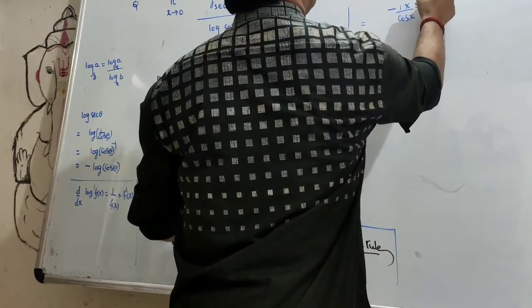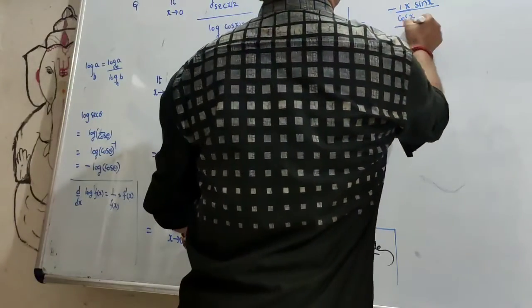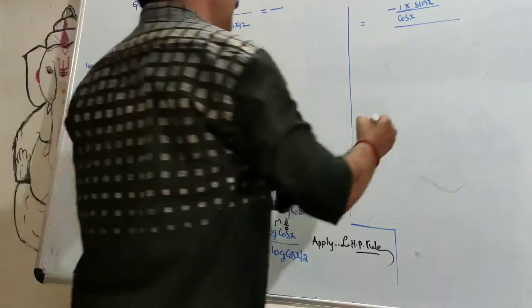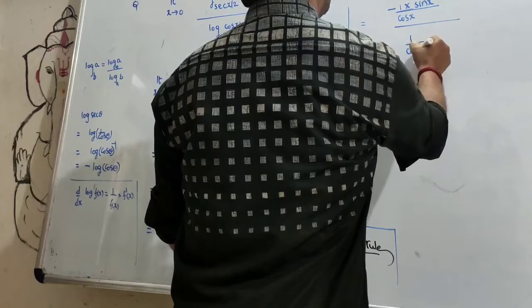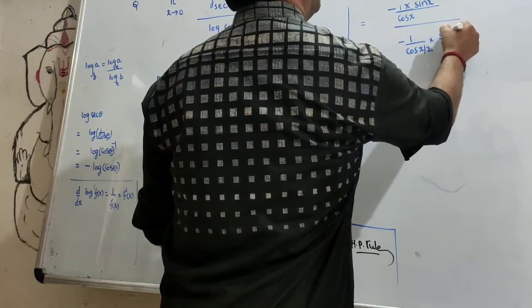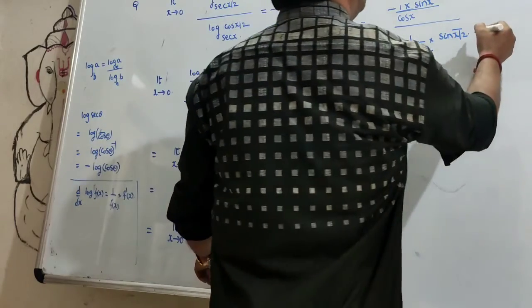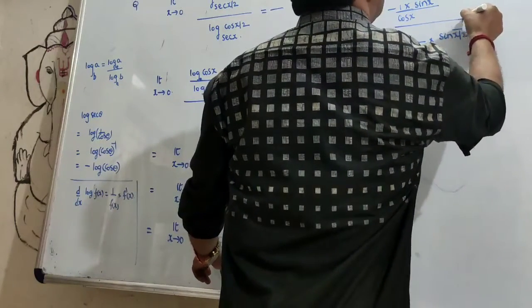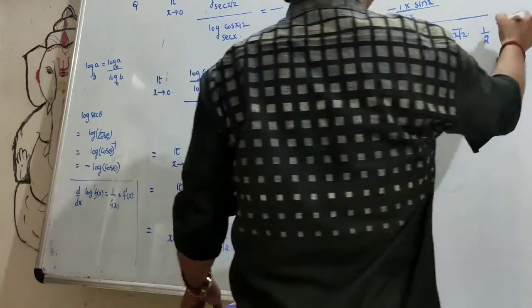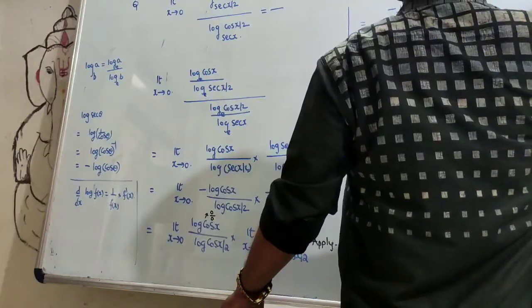Whole divided by, here also d by dx of log of f of x, 1 by f of x into f dash of x, minus sin of x by 2 into d by dx of x by 2, which is 1 by 2, as x tends to 0, into similarly this one, same,